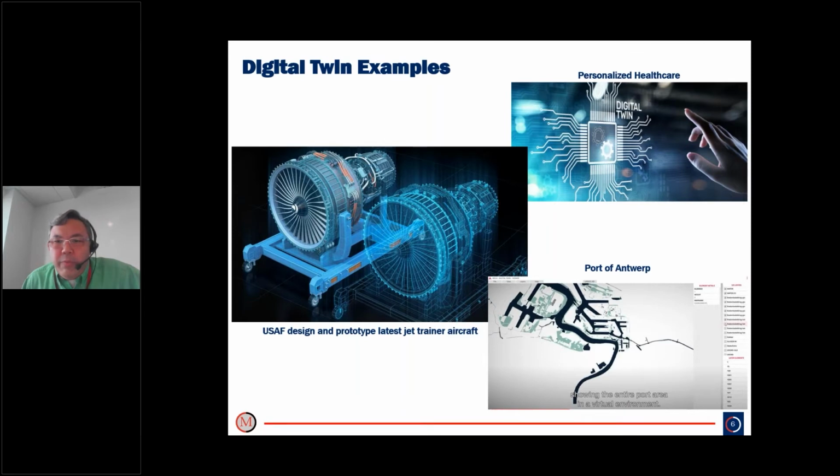And in the lower right, we see a graphic of the Port of Antwerp. This is an excerpt from a video that's actually on YouTube, where the city of Antwerp has invested in a digital twin to monitor the activities of the entire port. So they have environmental sensors, they have drones that can surveil the port, they have a command and control central hub that can manipulate each of these items and redirect them as necessary